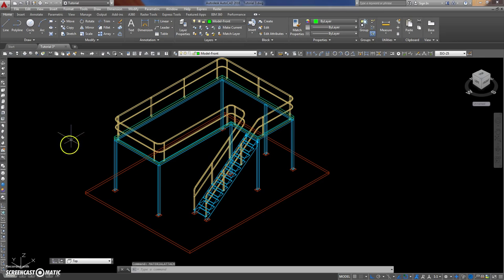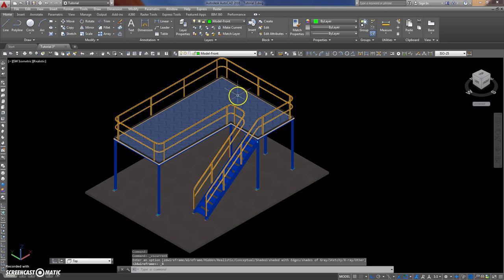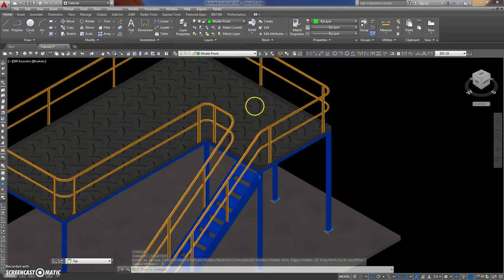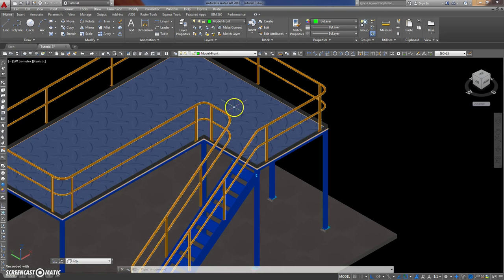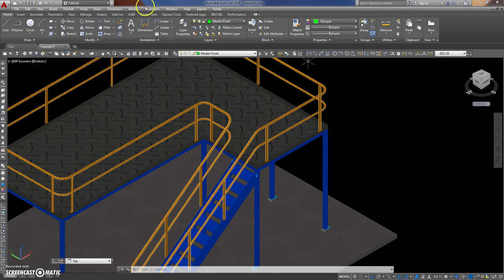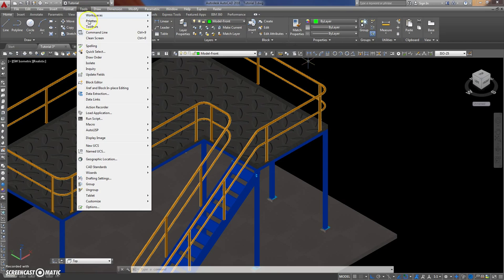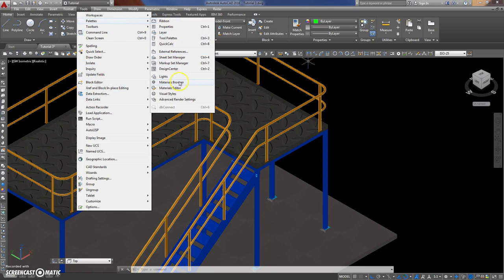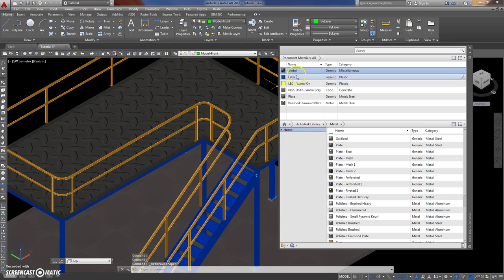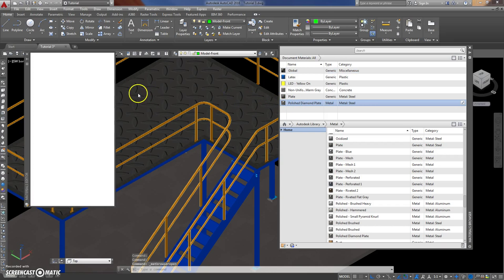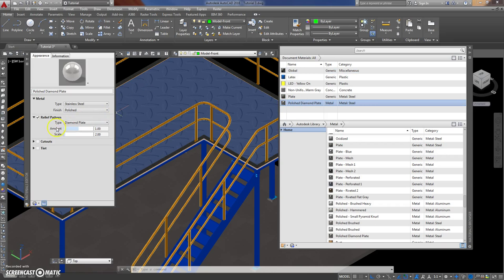And as you can see, nothing seems to have happened. If we go realistic, something should show up. Now we're seeing that this is looking a bit stupid, isn't it? Really, it's dumb, isn't it? Okay, so no big deal there. We go back up to Tools, back into Palettes, down to Materials Browser, and that one, double click on there, and see our diamond plate scale. If we made that, say,